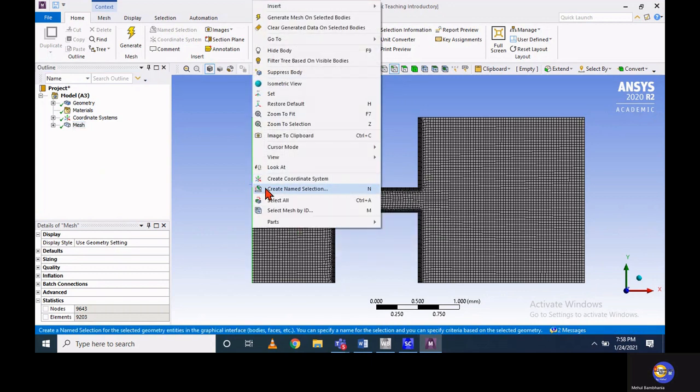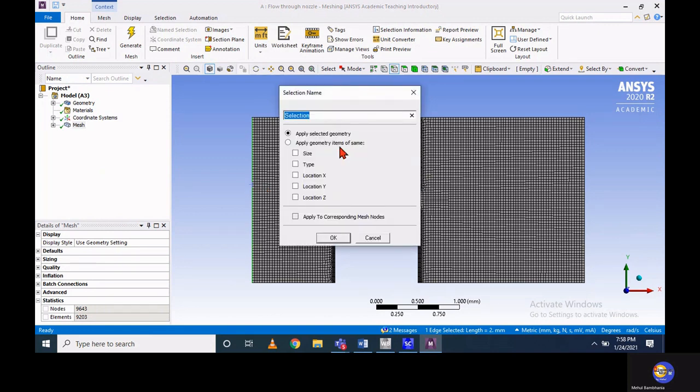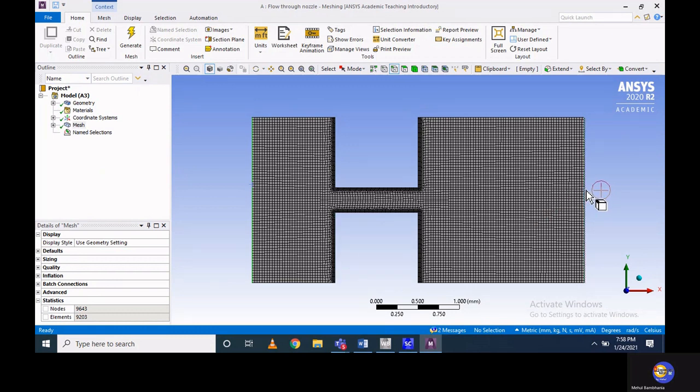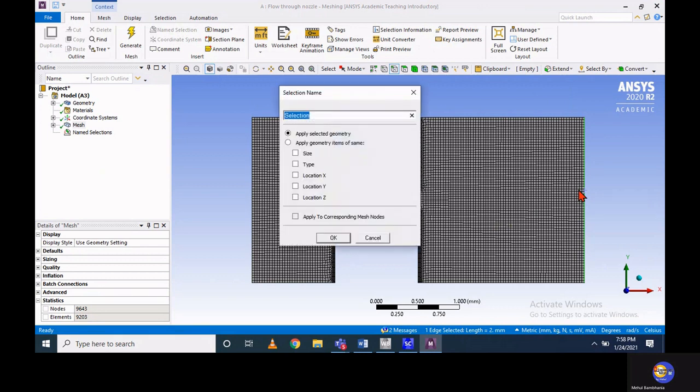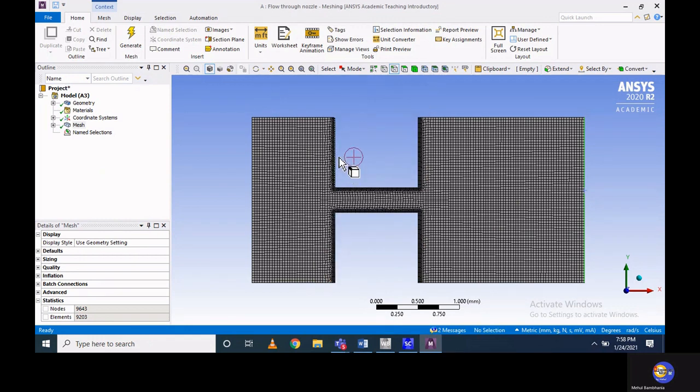This I refer to as inlet for my case, and outlet for this pipe, I am choosing this boundary as the outlet section. And separately I am going to select this nozzle wall so that at a later stage I can assign a specific condition to that wall.